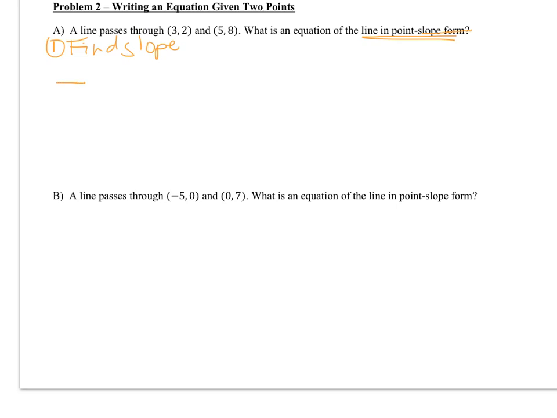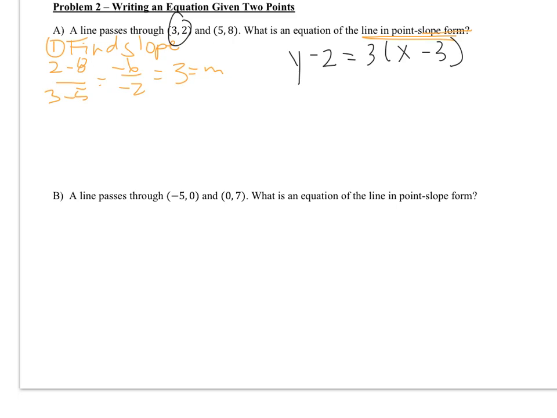So we have our difference of y, so I'm going to do 2 minus 8 over 3 minus 5. It doesn't matter which one you choose, you should still get the same answer. So I have -6 over -2, which is the same thing as 3, so that's my m. Now, there's 2 different answers we could have here. Using our point slope, remember the y stays the same. And I'm going to use this first point first, so y minus 2 is equal to 3, and then x minus 3,